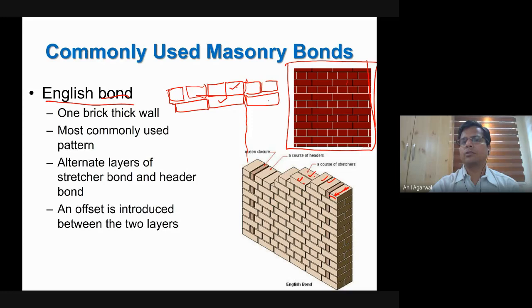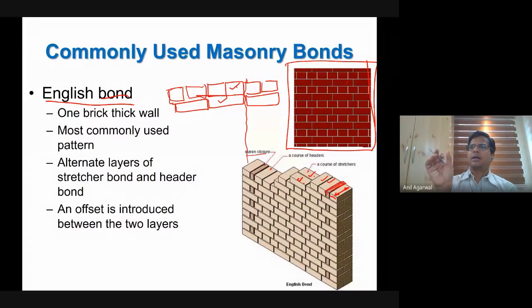So how do we do that? What we do is we introduce these, which are called queen closers. So these kind of arrangements wherein we put a thinner brick. So basically either you buy a thin brick or you cut a brick into a thinner part and you place it there, so that subsequently there will be an offset. Then we create an offset so that the joints are in the middle of the brick rather than right under the joint. The joint should not come under the joint. Okay. So basically in this brick system, you have one layer of header and one layer of stretcher.